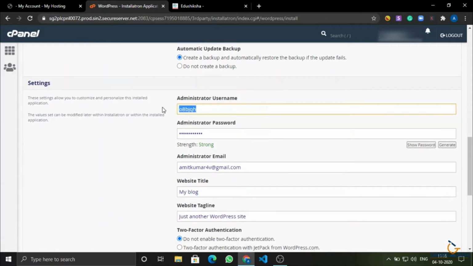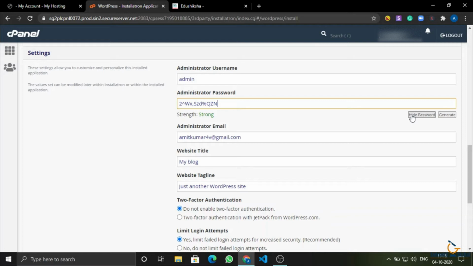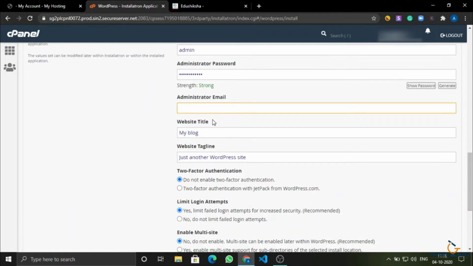Here is the username, so you can change the username. Here can be your password. This is a random password, you can generate it again and again. You can also put in your own password, but it should be strong, as hackers are there in the world. They can also hack your site. Here is the administration email. You can enter the one you want.